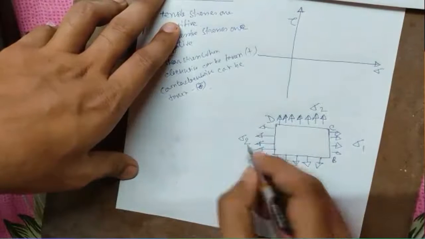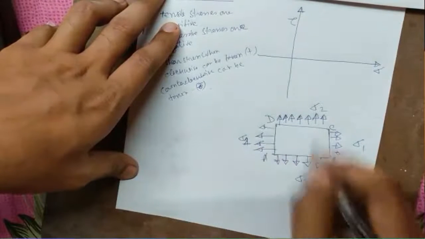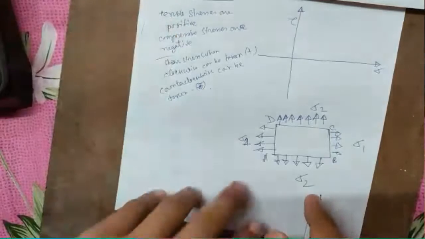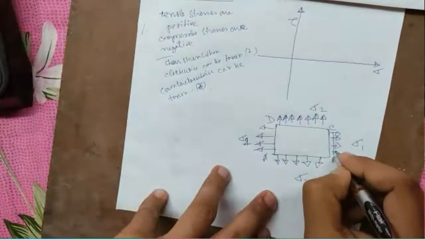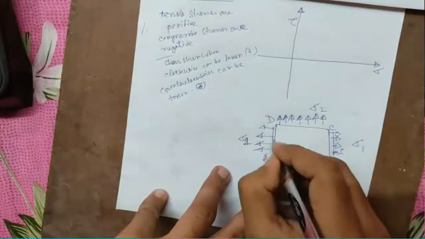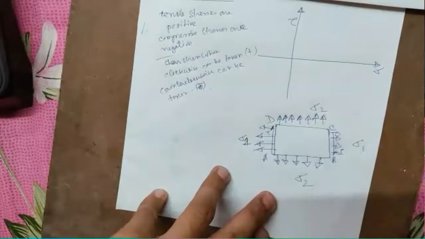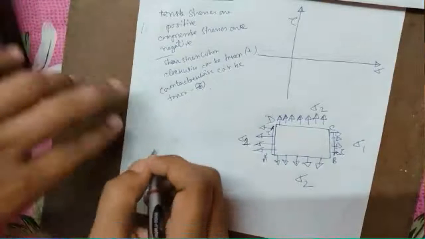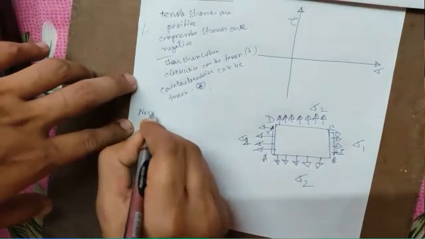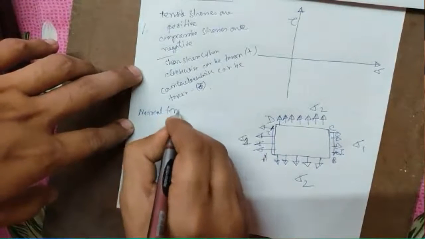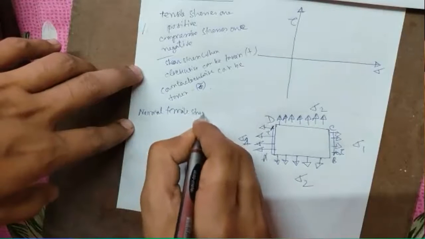Sorry, this is sigma 1 and this is sigma 2. Okay, now there is another shear stress tau along BC and AD. Okay, so we have normal tensile stresses